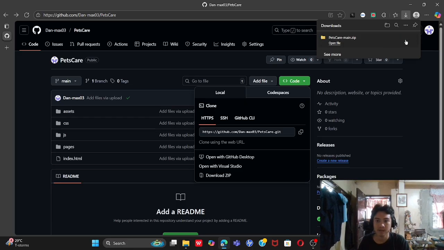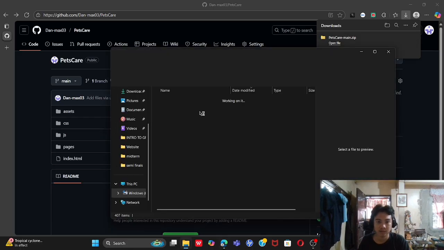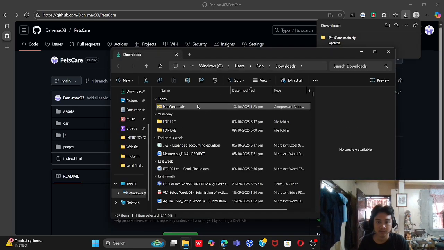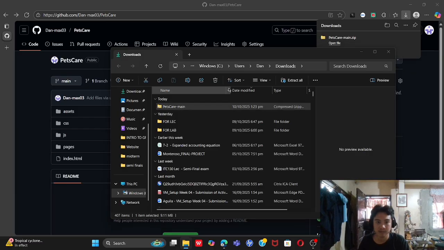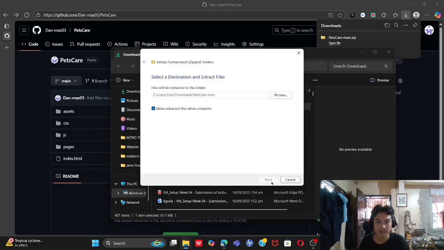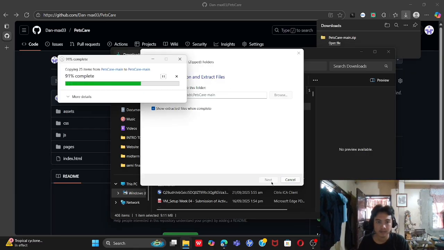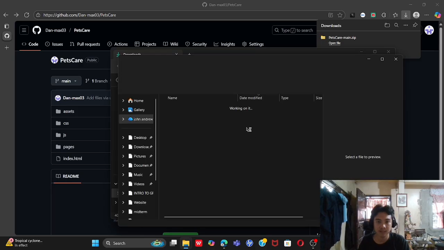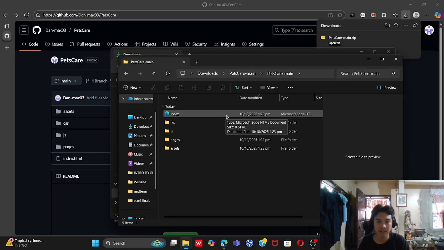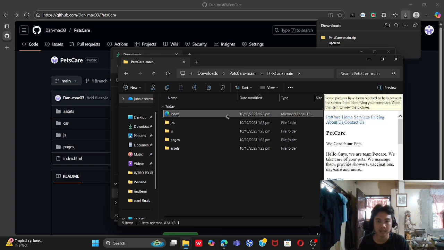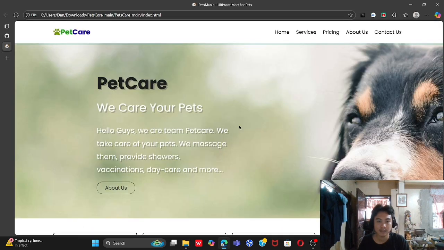Then go to File, right click, extract all, extract, and wait for the extracting. Then double click the index, and this is our website, the homepage.